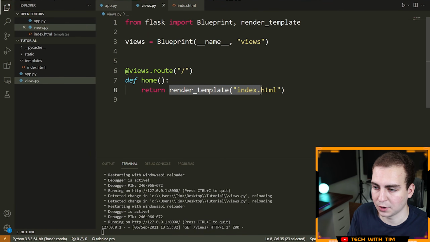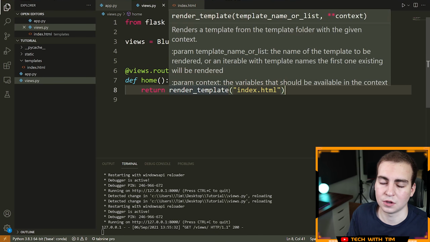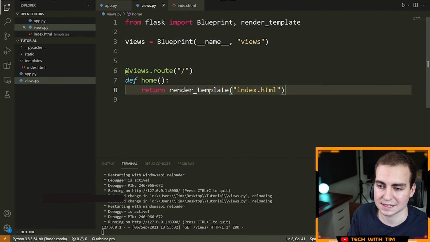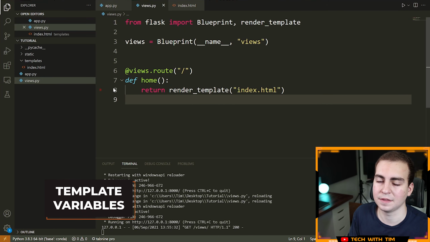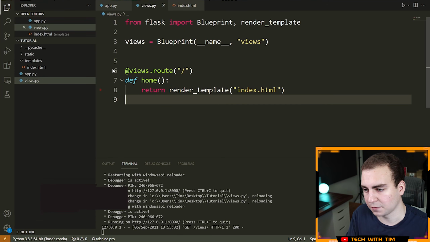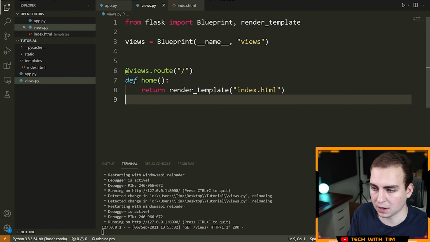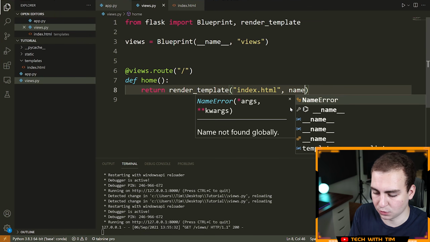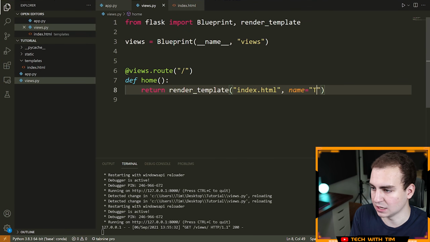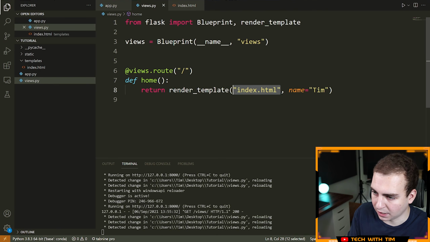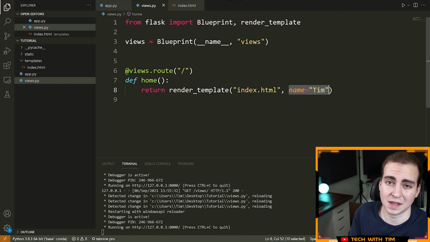Now, while we're talking about render template, the reason why this is called a template is because you can actually pass variables and values to the template that can then be rendered by it. For example, what I can do is the following. I can pass a keyword argument, let's say name, is equal to Tim right after I write index.html. You can write as many of these as you want,